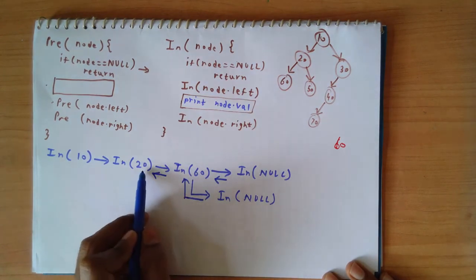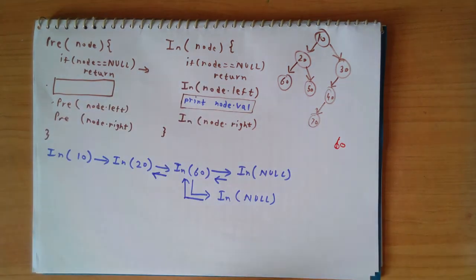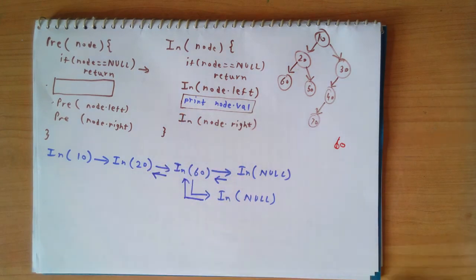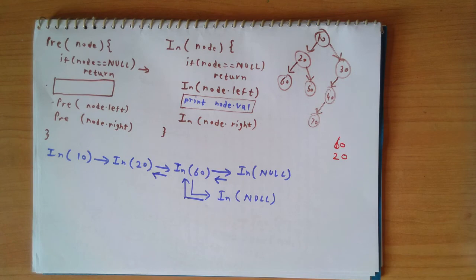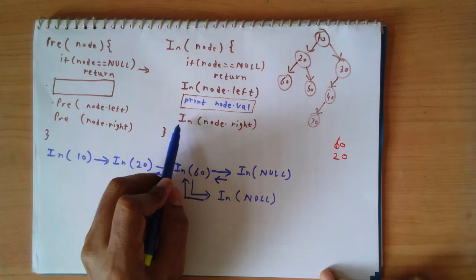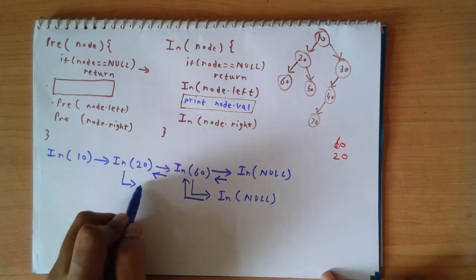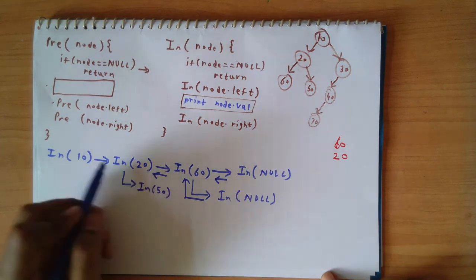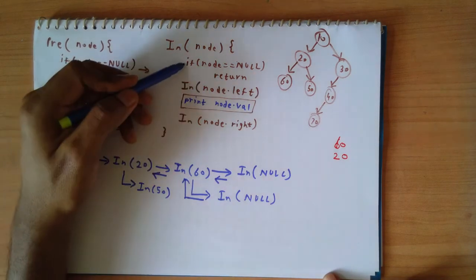And in the call for 20, we called 60 because it was the left child. So now we have to execute the next statement, which is printing the contents of the node. So the next thing in my output will be the value 20. Okay, and then I have to execute the next statement, which is the in-order traversal on the right subtree. So I'll have a recursive call, and I'll call in-order for 50. I will pause the execution of 20. It's a recursive call. I will start the execution of 50. I check if 50 is null.